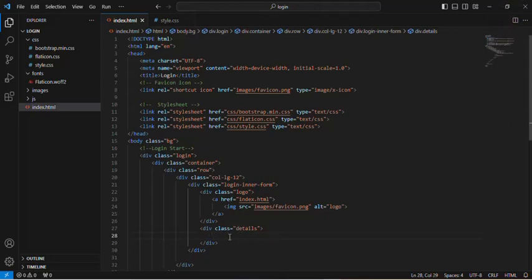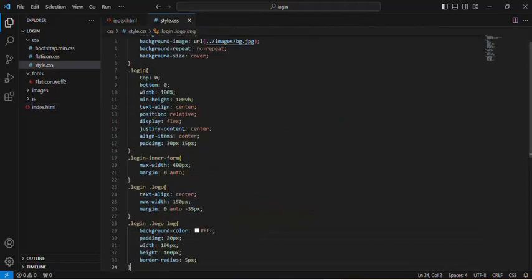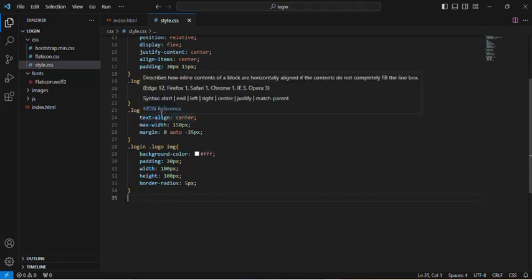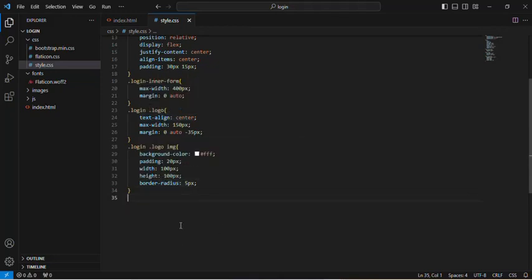Let's first create the appearance of this details class. Now for this, we are going to be calling it from the .login .login-inner-form. Then we're going to come now to .details,